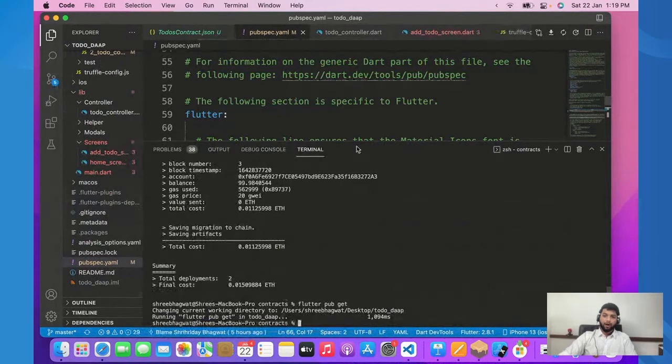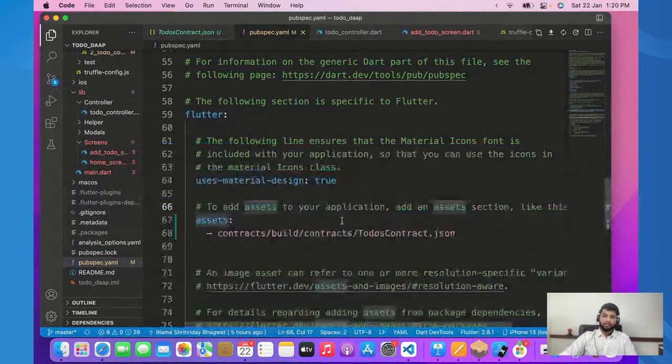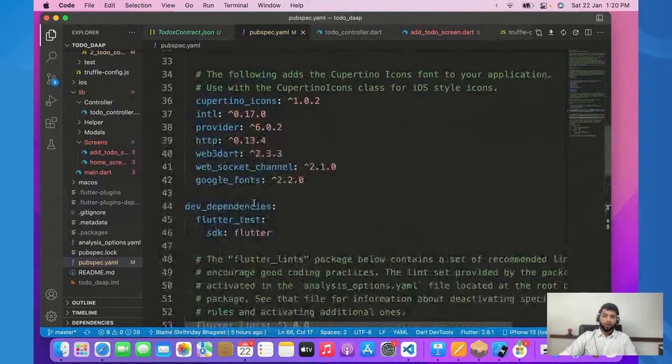Okay, we have done that. Apart from this, we have also imported a few packages. Let me show you what we are going to use. We are going to use a WebSocket channel. To create a WebSocket, we are using the Web3 Dart package to have our connection with Web3. Then we are using the HTTP package. We are using provider to have our change notifier. Then to create a time and date formatter, I'm going to use this package, and Cupertino icons that we get complementary with our application, which I usually don't use.